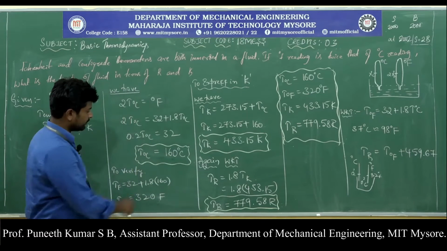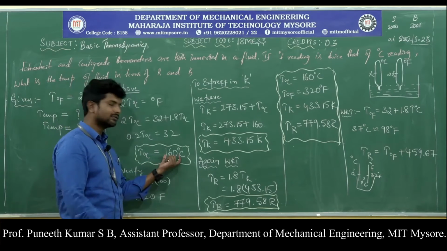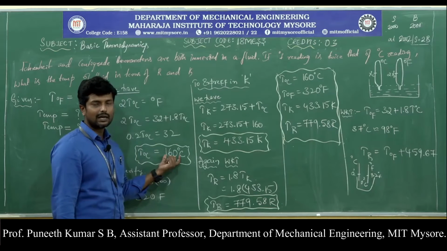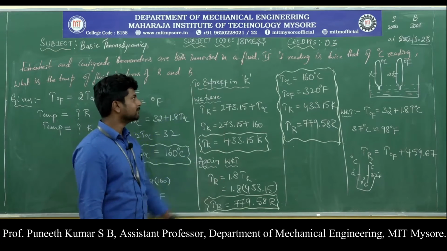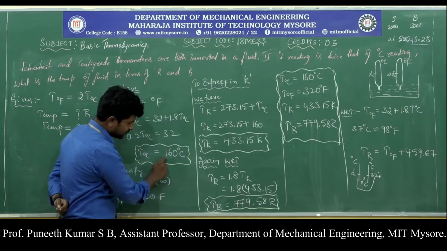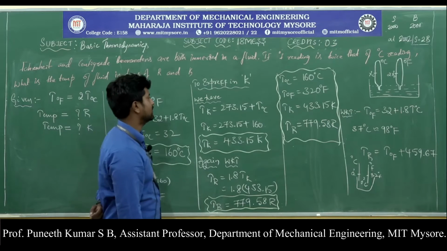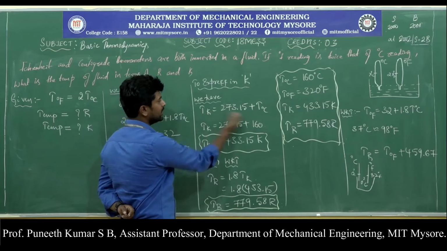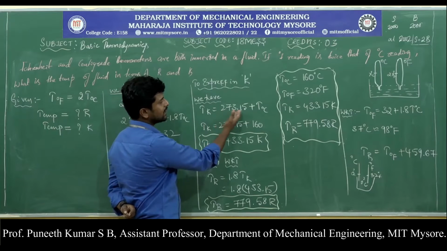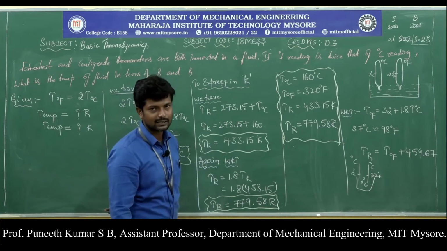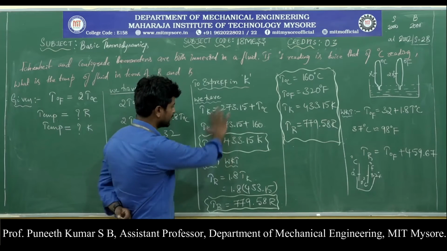Next, with this value I can transform this degree centigrade and express it in terms of Kelvin and Rankine in a very simple manner. That is what we have done over here. To express the same value, 160 degree centigrade, in terms of Kelvin, we use a very familiar formula. We know that to get T degree Kelvin, we need to add 273.15 to the degree centigrade. So I will get the value in T degree Kelvin. It is a very simple thing.